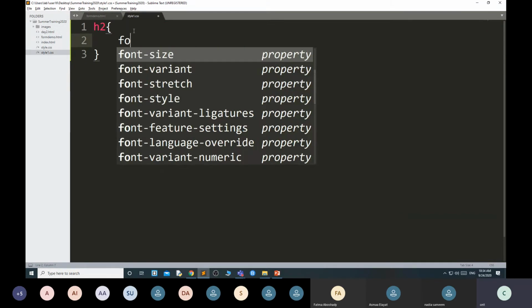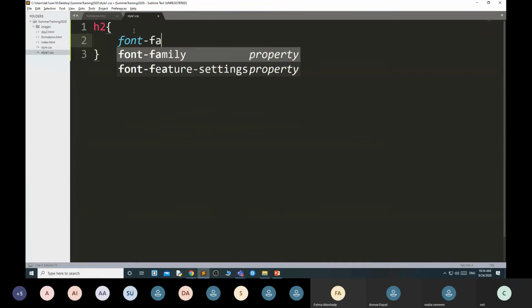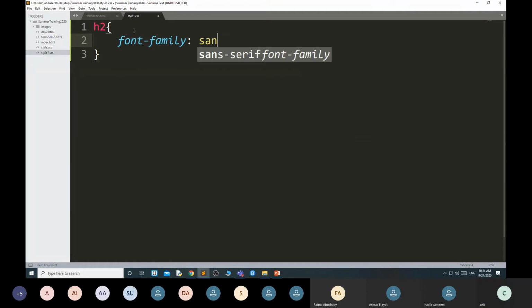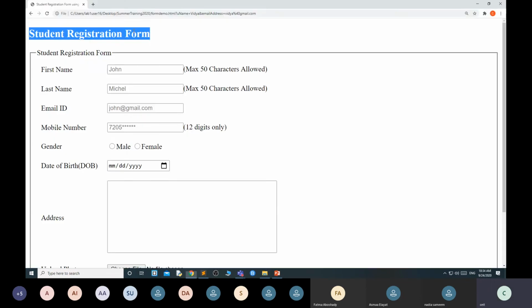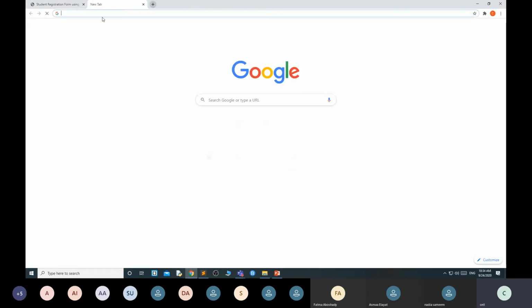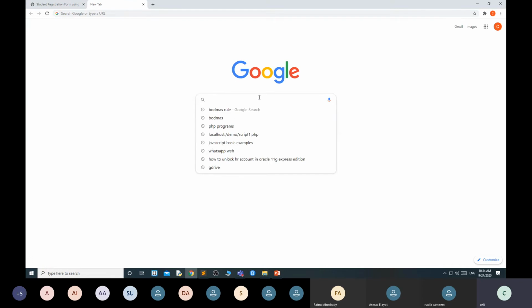First one is font family. Sans serif. Suppose you want some font family, you want to use Google Fonts. That also you can do. I'm showing you how to use Google Fonts. In Google, you just write Google Fonts.